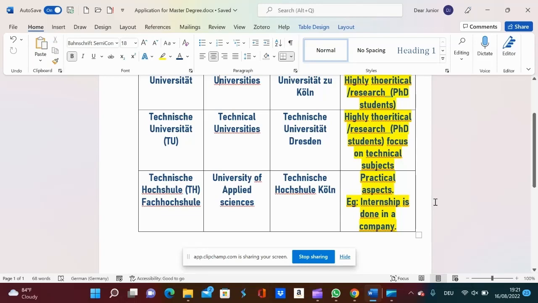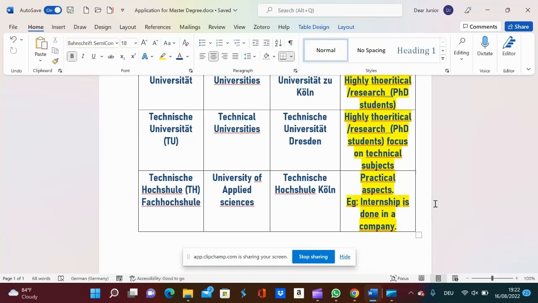For instance, if you are a master student in TH Cologne, Technische Hochschule Cologne, and you finish your master degree and aim to do your PhD maybe in the same field as your master degree, then